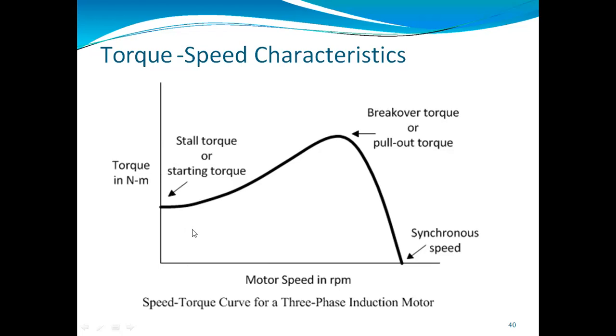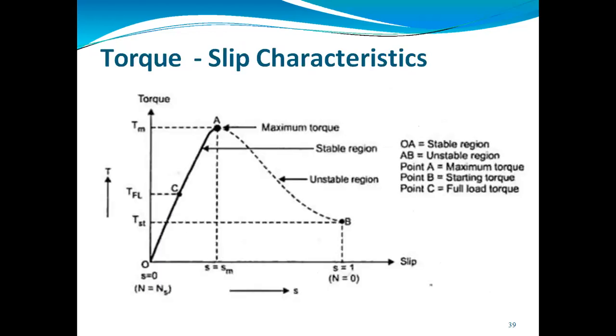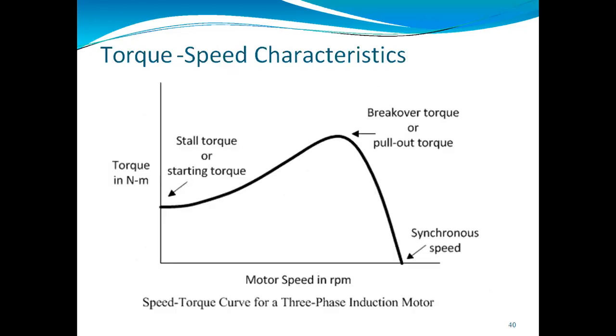So here, if we are taking any starting value of torque, as we have seen, we are taking the starting torque. From here I have drawn the graph for the torque speed characteristics. When we take the value of starting torque, with increase in the value of speed, the value of torque will increase up to the pull out torque.